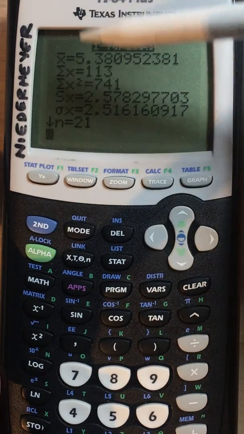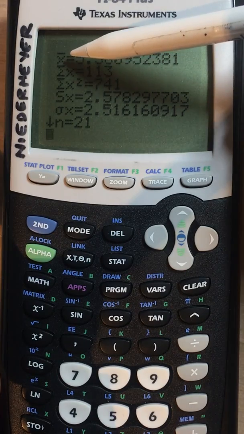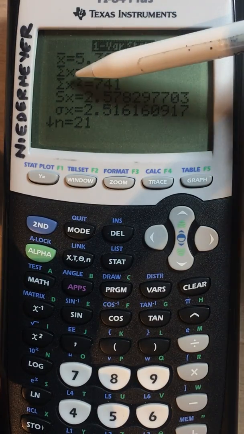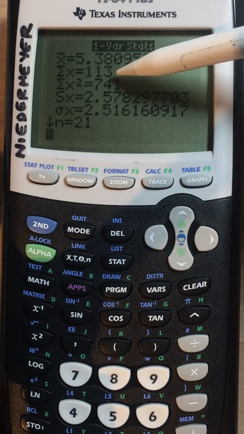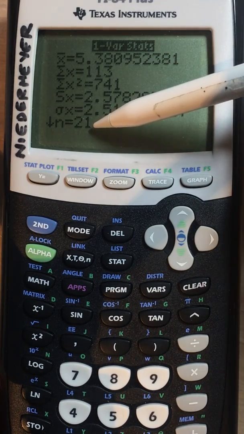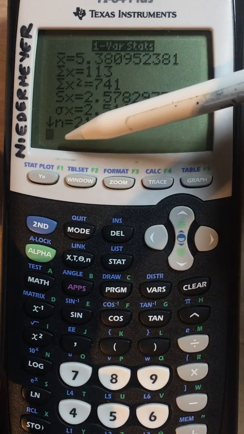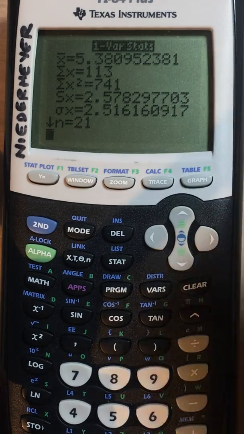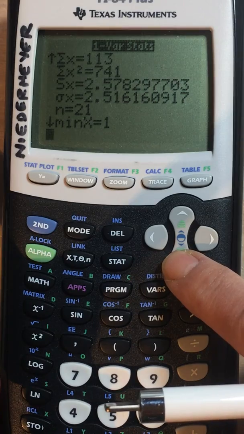Now this top one here, this x with the bar on it, that's the mean. This one here, sum of x, it's added up all of the values for me. Here, n is equal to 21. I've entered 21 terms. Now this is flashing, which means I can scroll down to find some more information here,